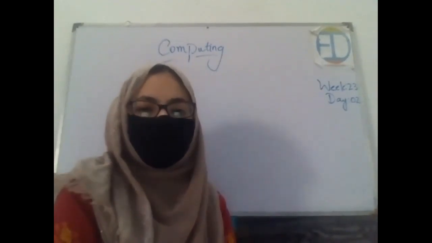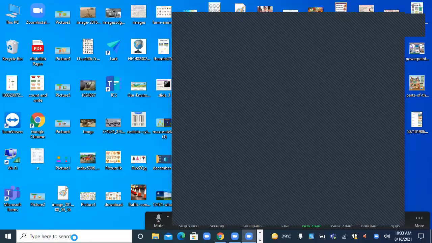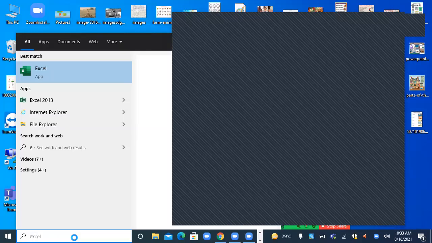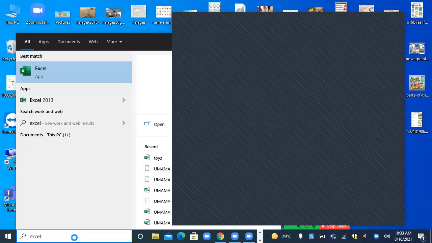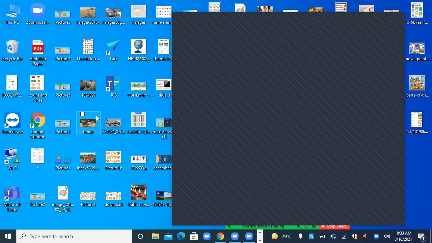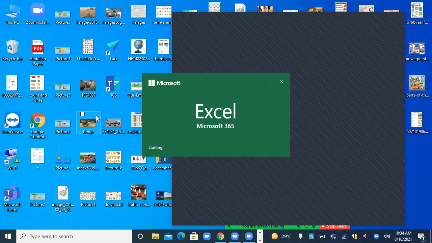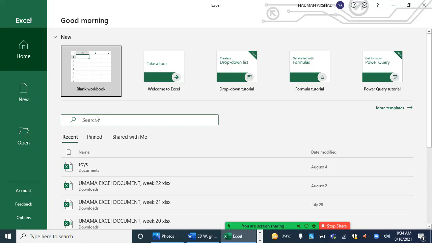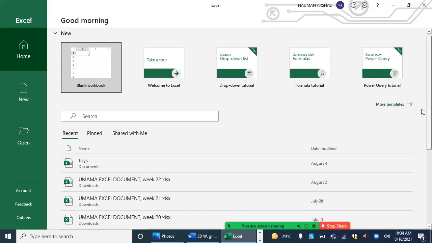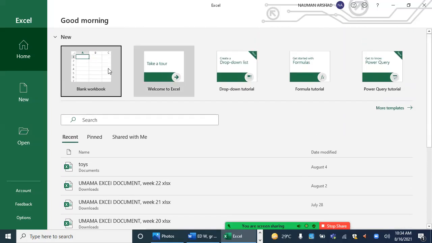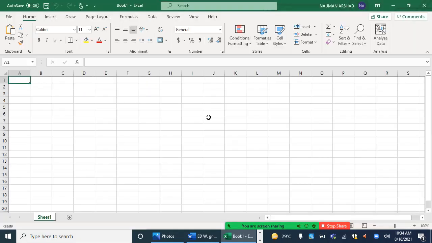So the very first step is that over here in the search bar, you will write Excel, right? So this list will open in front of you. From there, on the top, you will click on the app, which is the best match, right? When you click, the next screen will open in front of you. Now over here, there is a list of the previous ones which I have saved, right? And from here I can open a new one, which is a blank workbook as well. So here I'm opening a new one. Now this new one has opened in front of me.